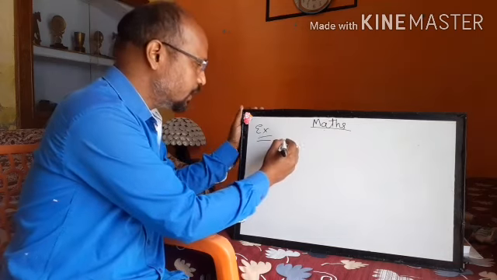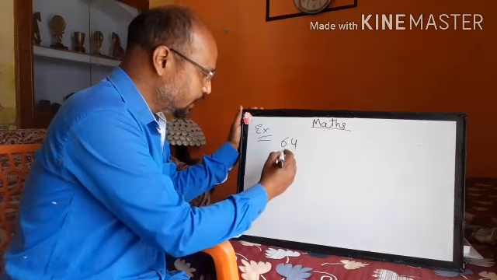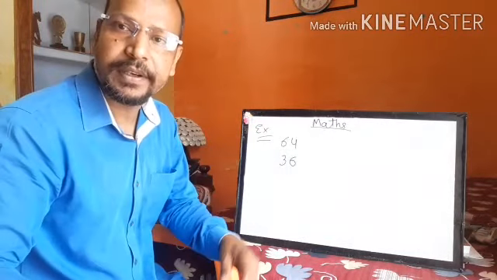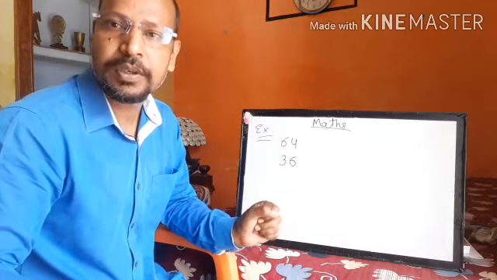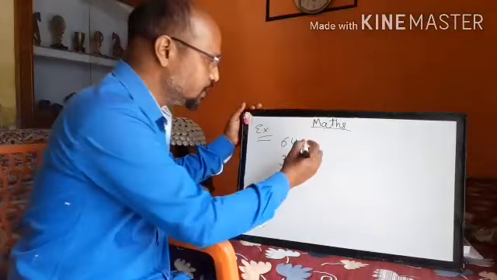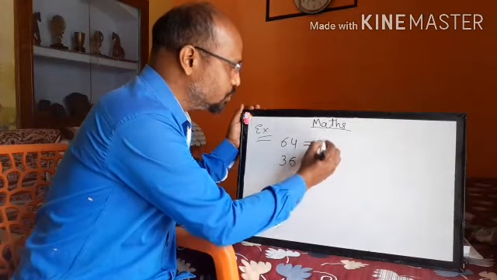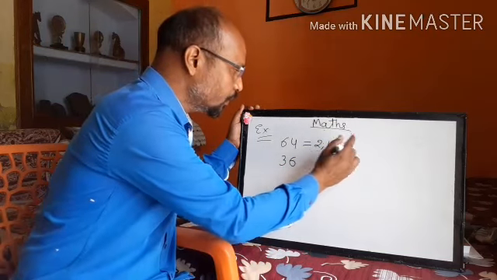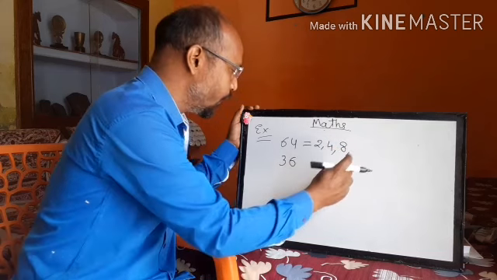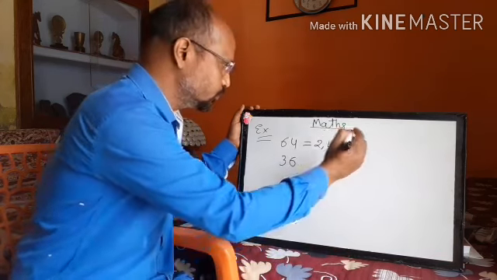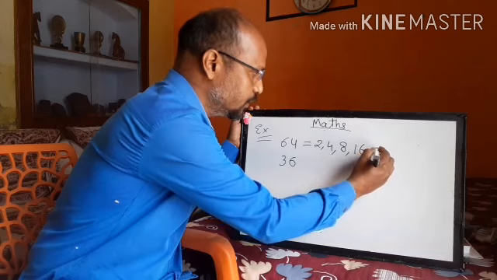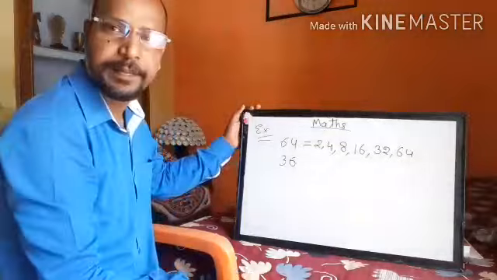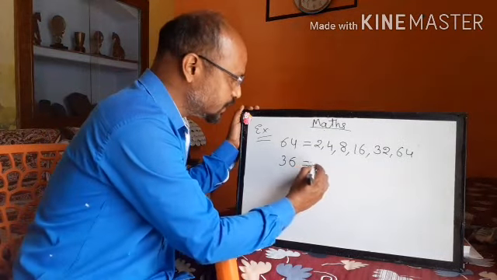Suppose I have the numbers 64 and 36, and I am going to find the common factors of these two numbers. The factors of 64 are 2, 4, 16, 32 and 64 itself. And the factors of 36 are 2,